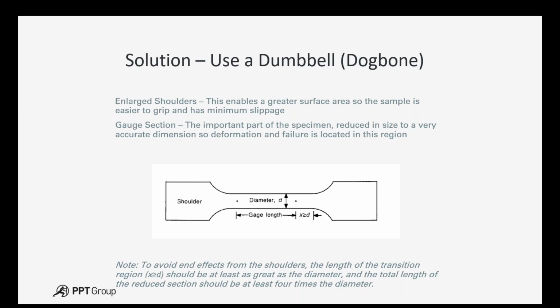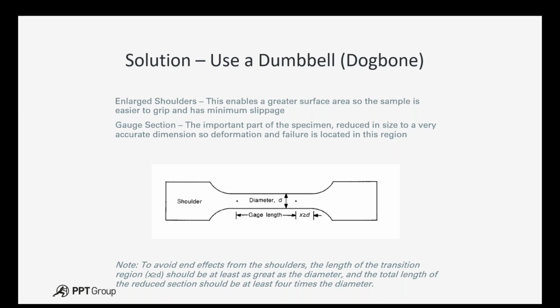Now, we could just go directly from a shoulder straight to a cut down diameter or a width of sample. But this would tend to break where the change in dimensions happens. So we introduce a radius, and there are some basic fundamentals for designing or making a specimen. Your transition region from your shoulder down to your neck region should be at least as great as the diameter, and your total length of your reduced section should be about 4 times the diameter, the width of the sample. And those are just general rules,